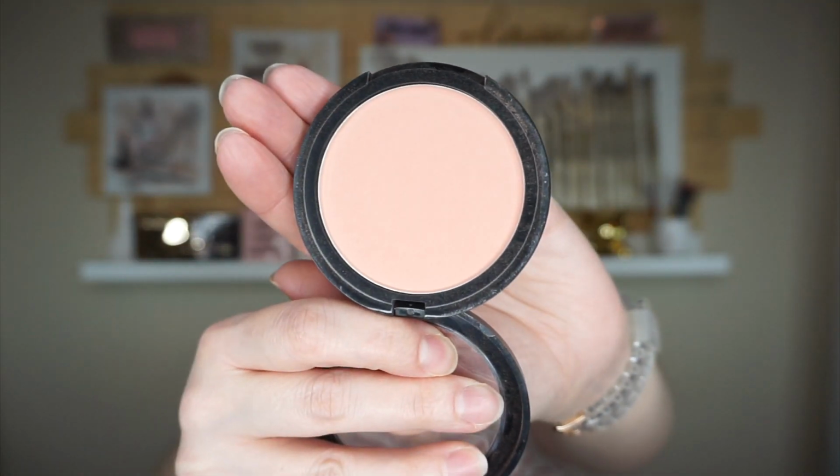This is another peachy toned blush, really pretty. It looks very, very light in the pan, but when you put it on the cheeks, it's absolutely gorgeous. $6 or so, definitely can't beat that. I absolutely love